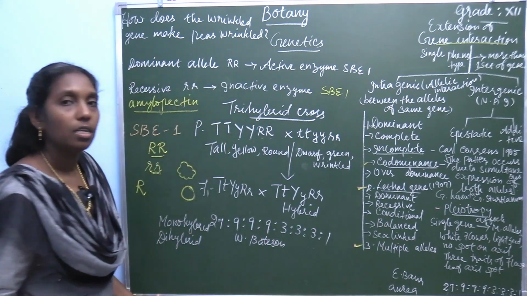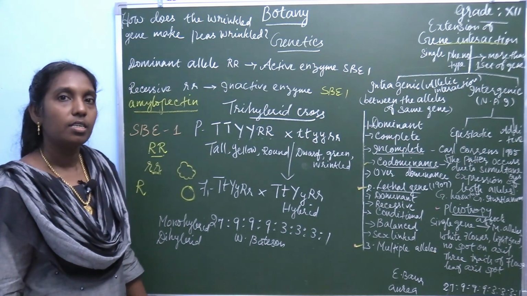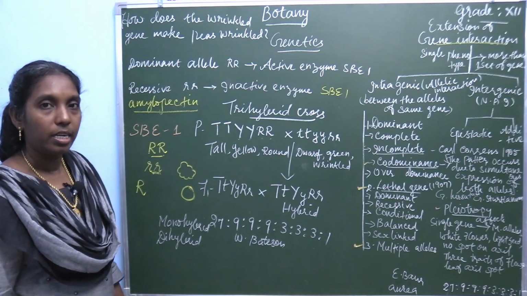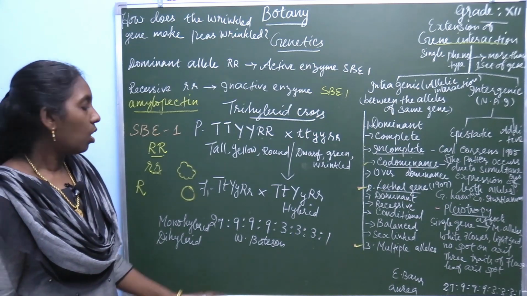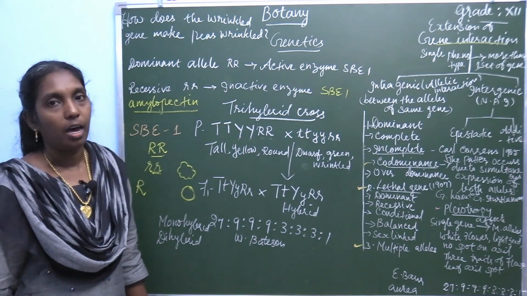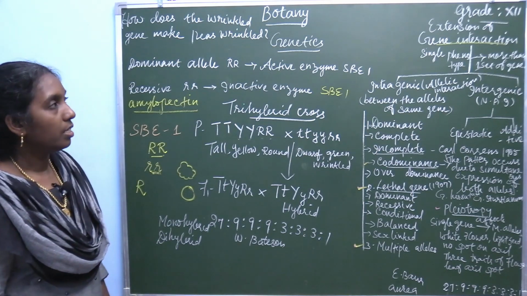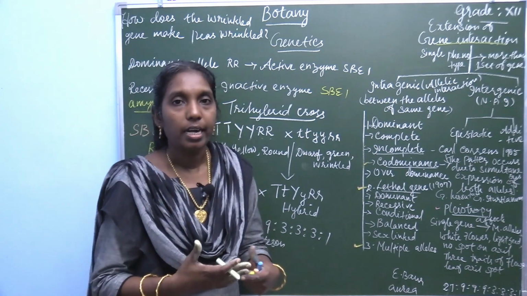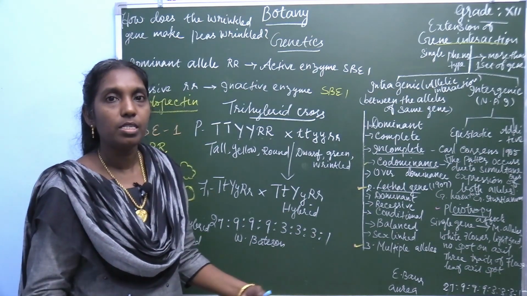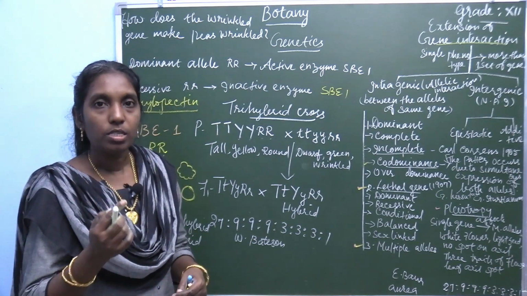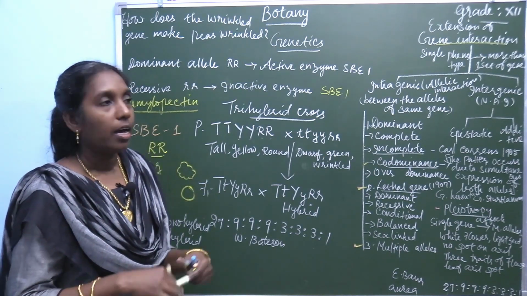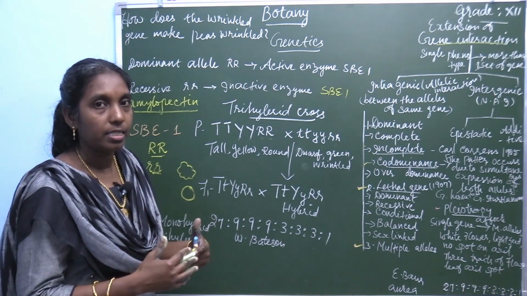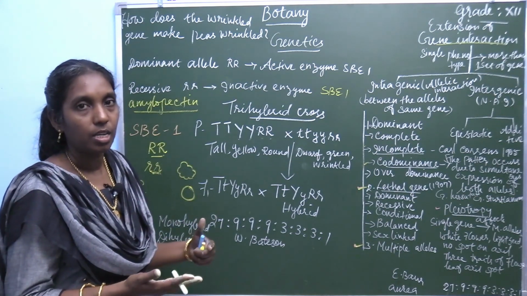He was the person who found out certain different phenotypic ratios, and this hypothesis is called the factor hypothesis, or Bateson's factor hypothesis. So, what is meant by gene interaction? According to Mendelian principles, one gene shows a single character, and the genotypic and phenotypic ratios, to a certain extent, give some other ratios.